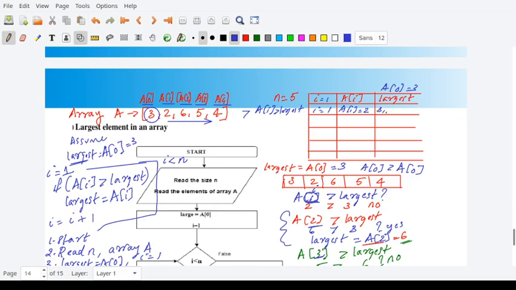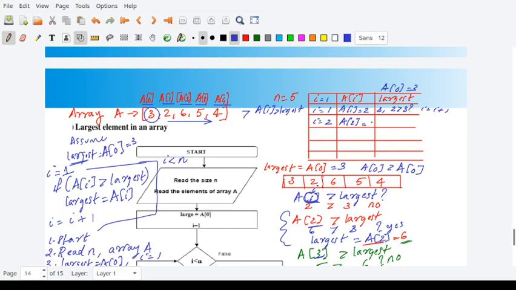You are going to check whether 2 is greater than 3. It is not greater than 3. So you will increment I is equal to I plus 1. You won't do anything else. So the value of I will become equal to 2.